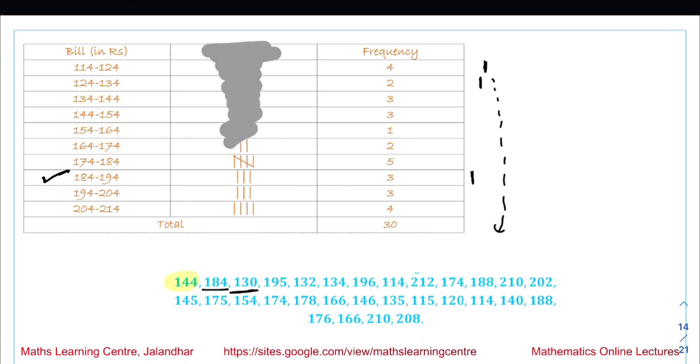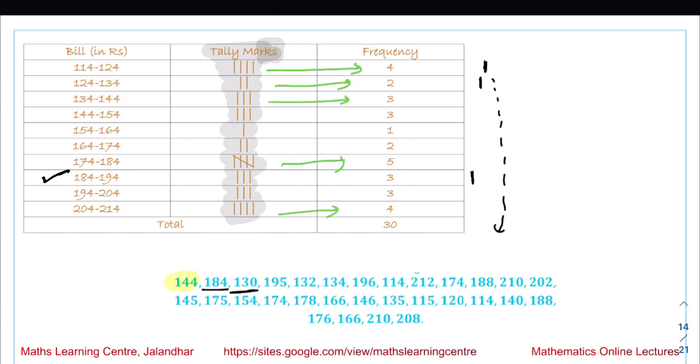and you will get the final tally marks in this form. These are the tally marks that we have obtained, and from these tally marks we can write the frequency corresponding to this. We have 4, this is 2, this is 3, this is 5, this is 4. So what this table tells us is how many families have the bill between 154 and 164. Suppose we are being asked how many families have bill between 154 and 164, then the answer we have is